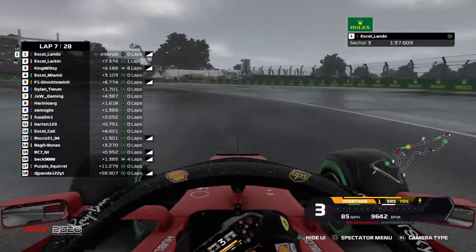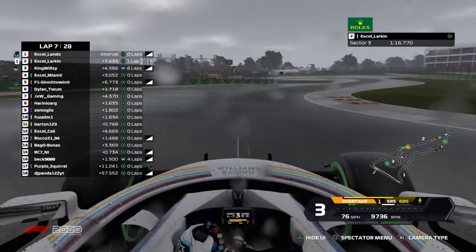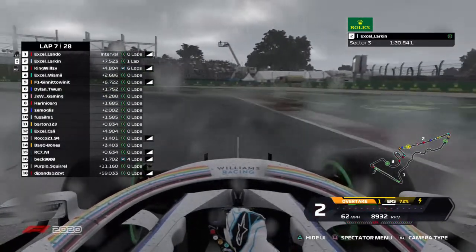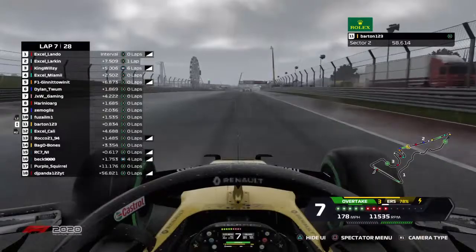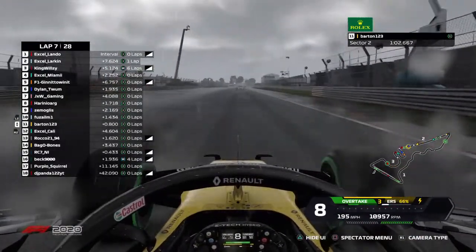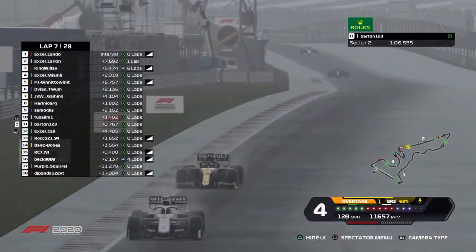Sorry. But Lando setting purple middle sector. He didn't even have to pit. He had a 7.5 second advantage over Larkin because of that traffic. So he could have maybe even waited a lap to try to make the decision to pull into the pit lane. But right now, looking on board with Barton in the Renault, he's going to be trying to close up